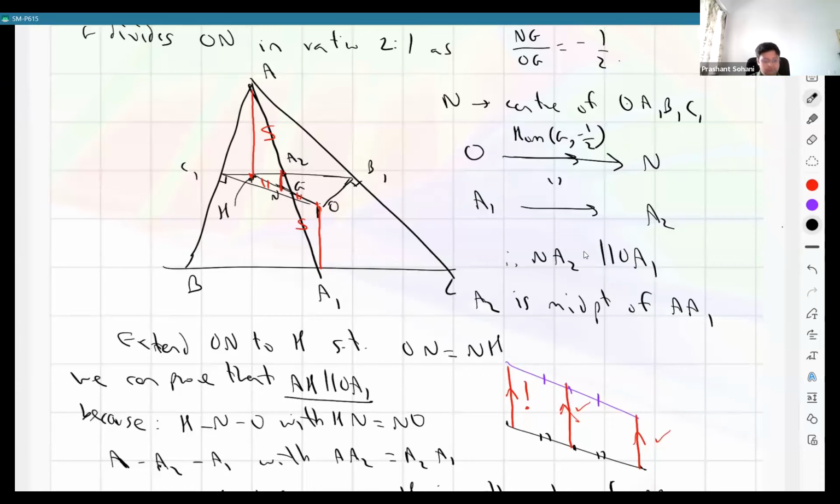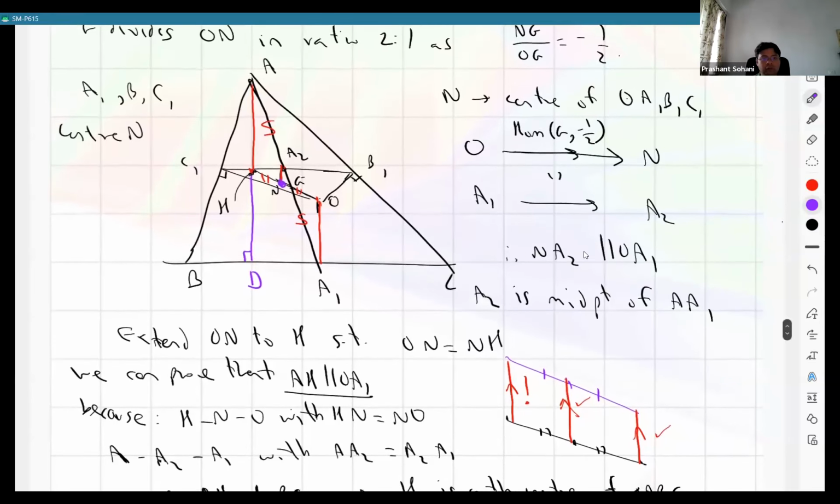So far we have only shown that H is the orthocenter, but what about the 9-point circle? We have already shown that A1, B1, C1, which are the midpoints of the three sides, lie on the circumcircle which has center N, right? Why should that also pass through the feet of the altitudes? All those things we have not proved. But I think those readily follow from this diagram. Let us take one foot of the altitude, D. Here you clearly see that N is going to be equidistant from A1 and D, because of the same reason